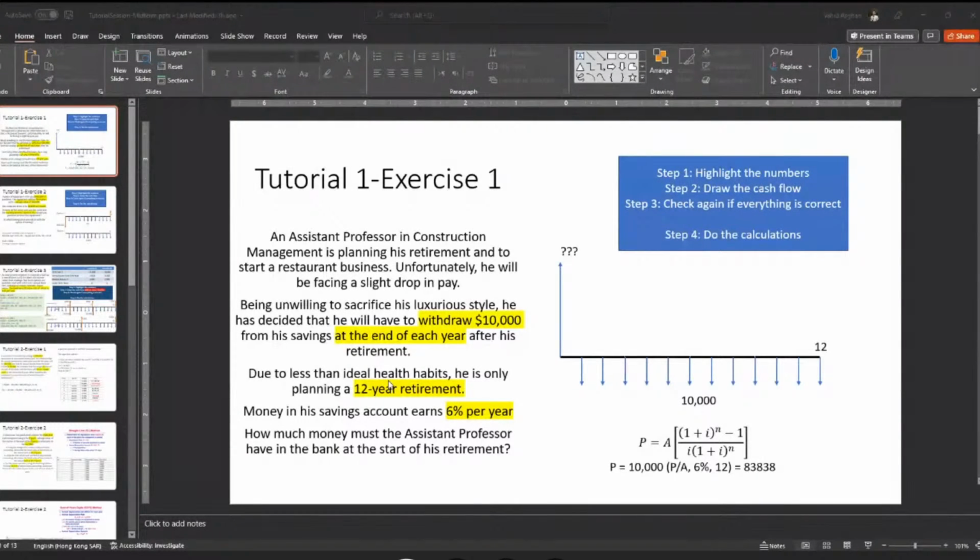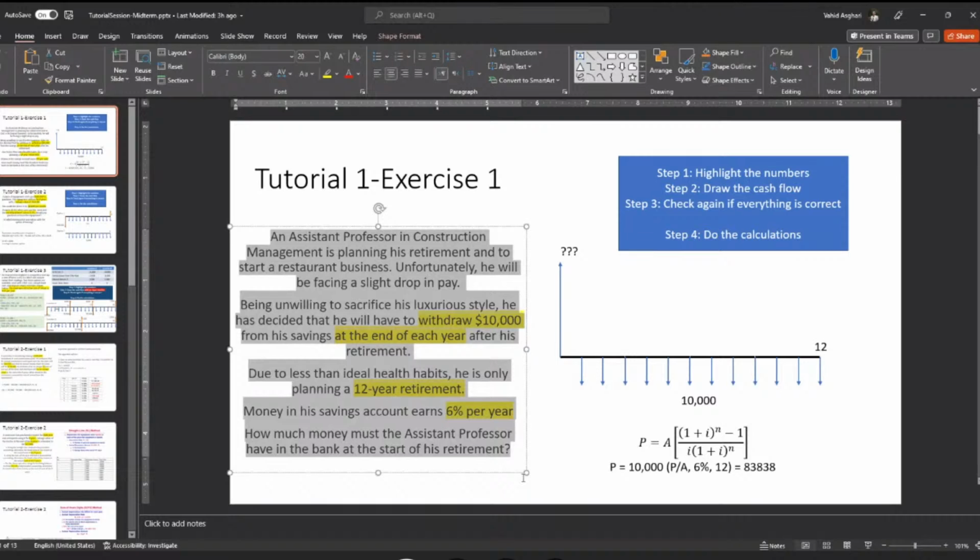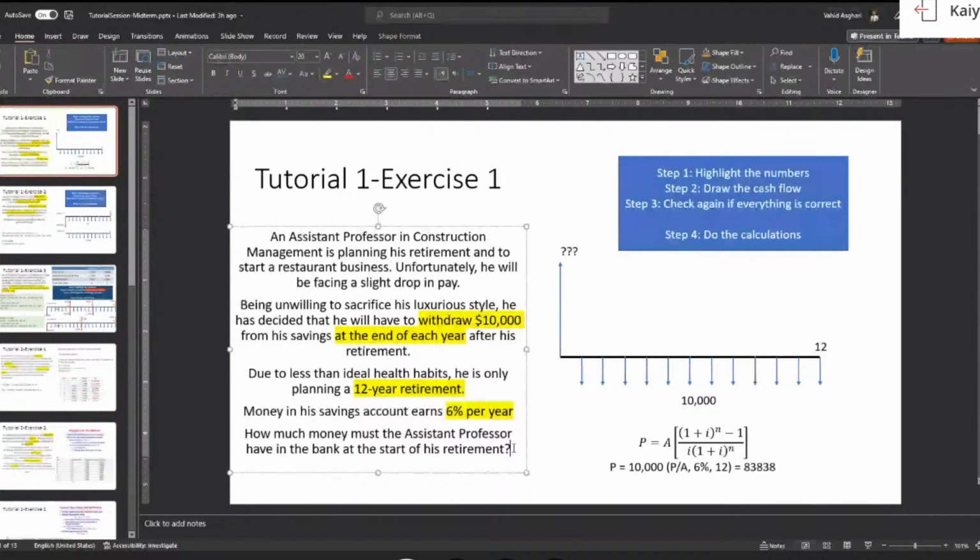So I will cover each question one by one. In tutorial one, exercise one was about a simple economic assessment, and I'm going to talk about it. In these types of questions, you will probably face a long question. By long, it doesn't mean that you have to answer in long. No, I mean the length of the question itself is long, and it's just some stories. So